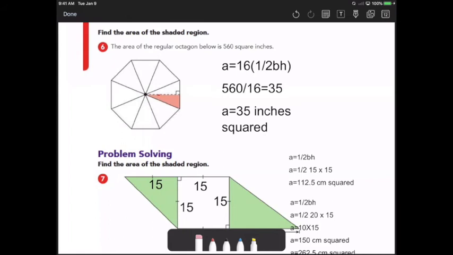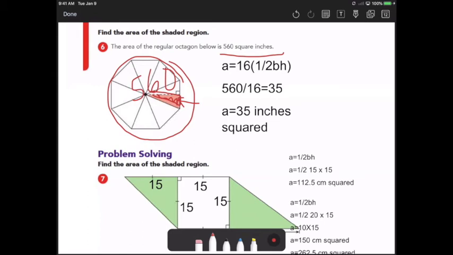Boys and girls, so here's Cookie. So for this one, the whole octagon is 560 inches squared. So really what you're doing is, to figure out the area of this one right here, you have to figure out this triangle, how many triangles there are in this octagon. Technically, we're just looking for the shaded region. There's 8 big triangles, but if you cut each one in half, because that's what you're doing here, you have 16 of them. So all you have to do is take 560 and divide it by 16, and you get